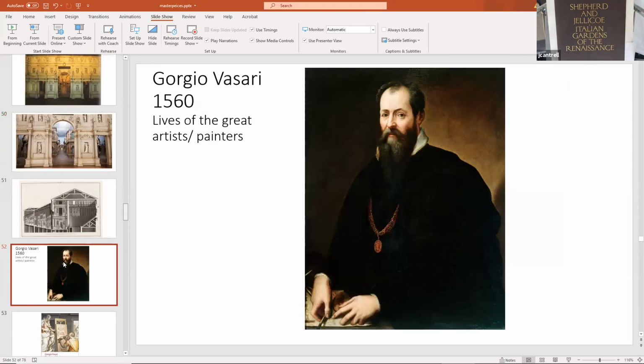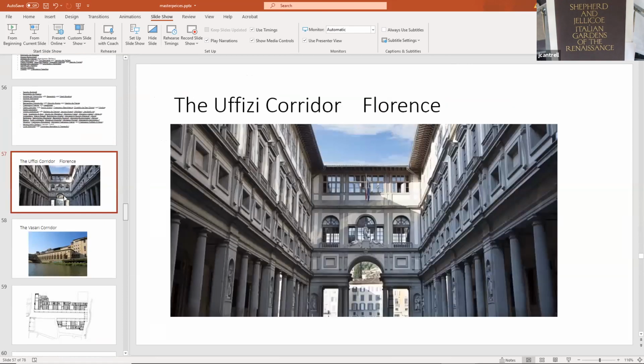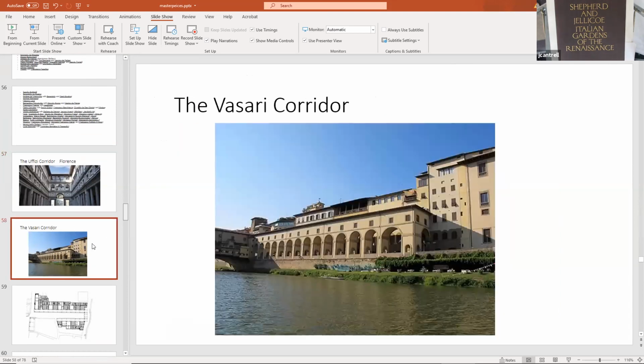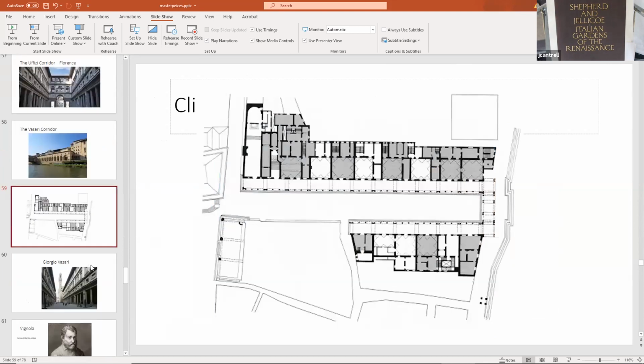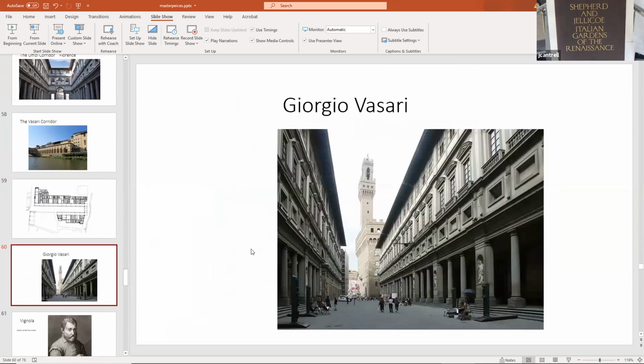So the next architect and writer is probably this extraordinary individual, Giorgio Vasari. I'm sure you've probably seen his work. Let's look at some of his architecture projects first. He did this magnificent Uffizi Quarter, the government offices for the city of Florence. Then, of course, here's the connection from the Uffizi Quarter to the Pitti Palace. It's a private walkway between the urban space, the Palazzo Vecchio, and then, of course, onto the Palazzo Pitti. So Vasari is responsible for really, at this time, doing a beautiful modern transition between the Arno River and Palazzo Vecchio.